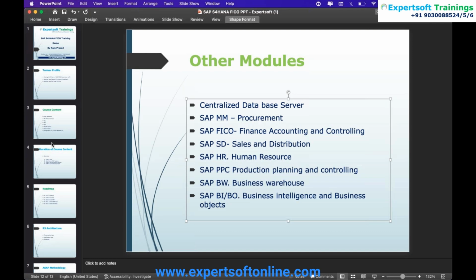FI is nothing but your external reporting tool, where all the day-to-day business transactions will be captured through general ledger accounting, where you will be preparing your trial balance sheets and profit and loss statements, and whatever amounts that you prepare have to be circulated to all the stakeholders, whoever they may be. So for that purpose,